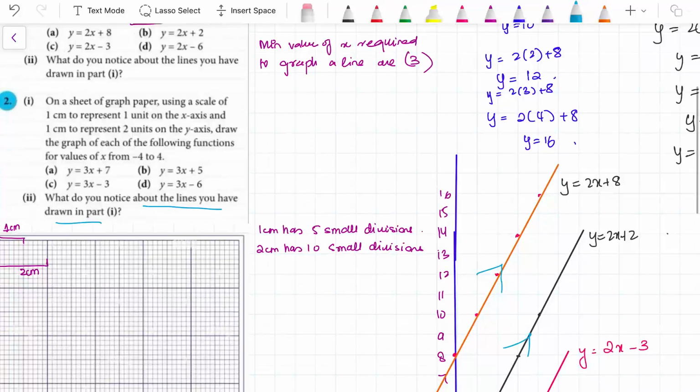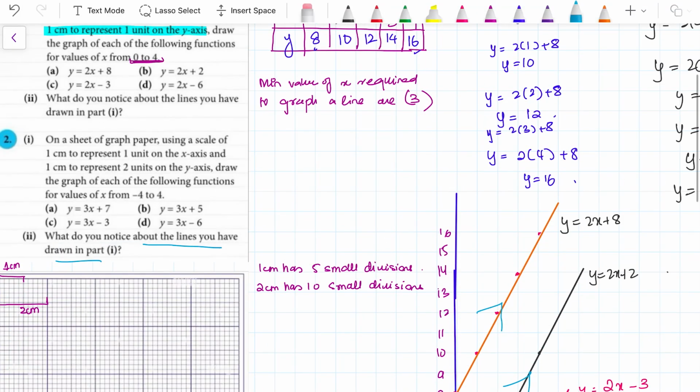Now, I would want you to do the second question. Using the same method, I want you to solve question number 2. It says values of x from minus 4 to 4. That means you make the table and you select minus 4, 0, 4. You can select minus 4, minus 1, 4. But yes, the starting and the ending value has to be the one that is mentioned in the question.